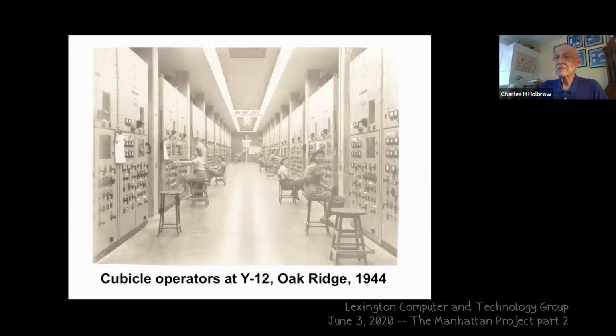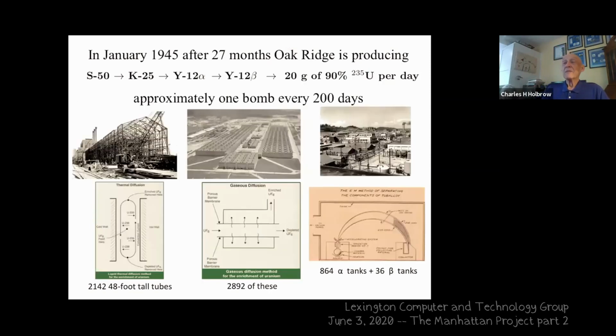So this is people operating these machines that could separate the uranium-235 isotope from natural uranium. And these are operators at what was called Y12. So there were 3 stages of this operation. And see, I'm not... My screen sharing. Yes. And so here's kind of a summary of, in January 1945, after 27 months, because I should tell you that they tried to do